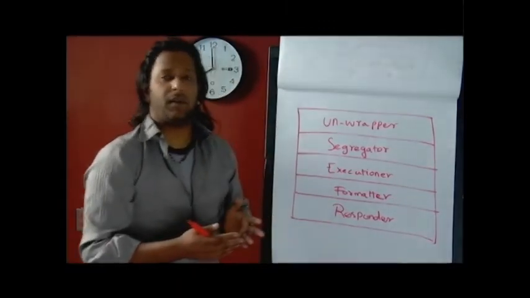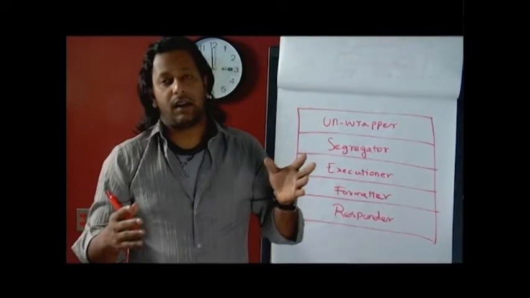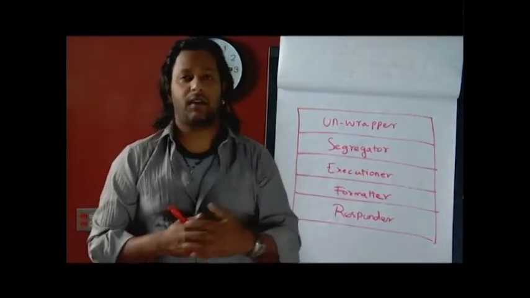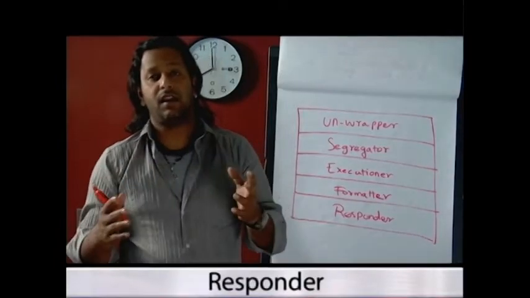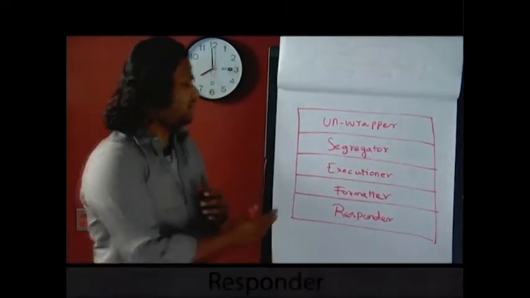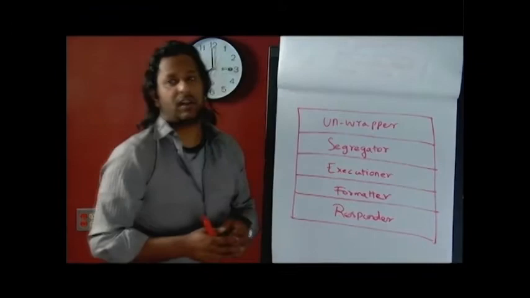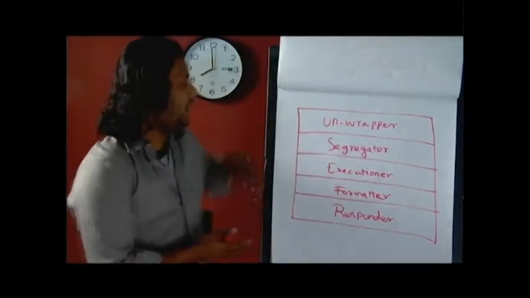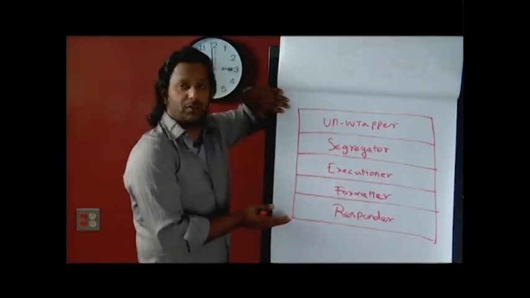The formatter formats the data into an XML format or JSON format or a regular data set, kind of a raw format. It just formats the data. Once the data is formatted, the responder will send the results back to the requester. So that basically constitutes the data retrieval portion.